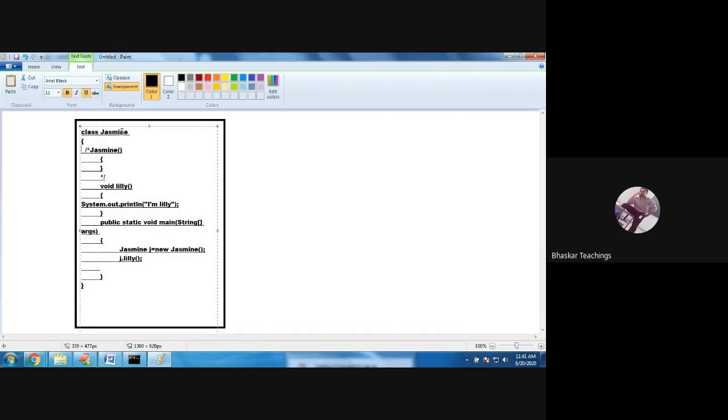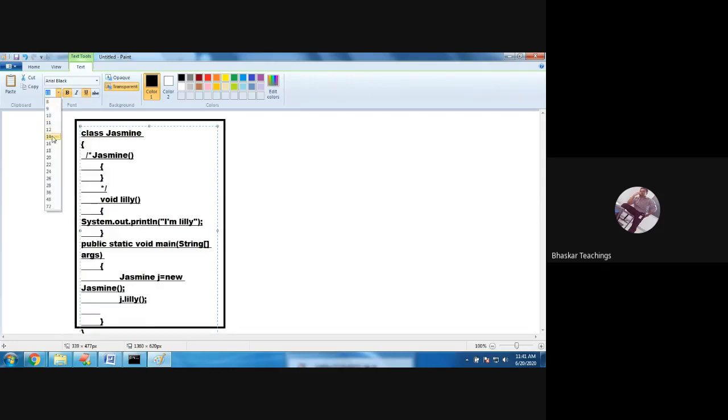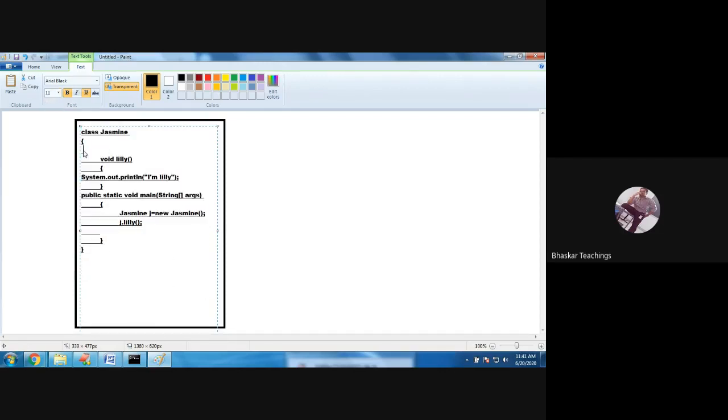So this is our program, you can see, right? This is our source code. We have a class, one instance method, and one static method main, and no constructor.